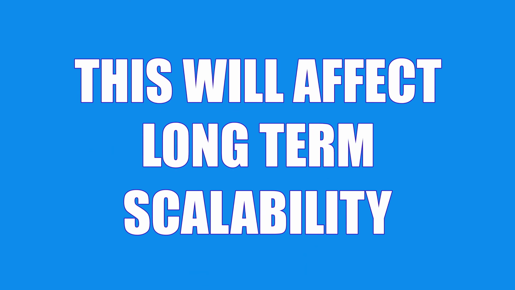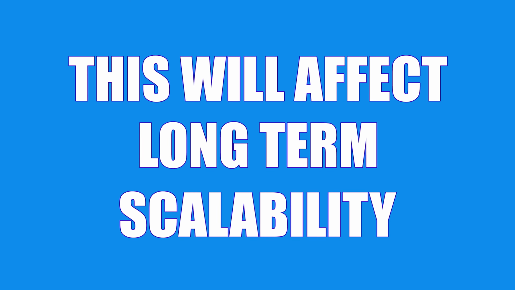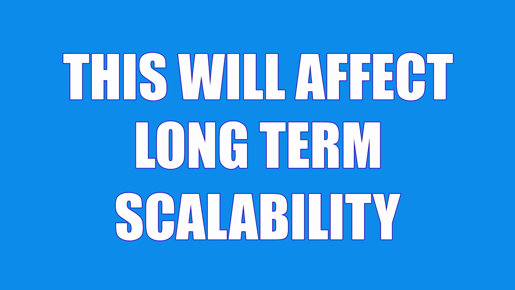I do this because it's going to affect your long-term scalability for this application, right? If the answer is to throw more resources at it, you may very well be putting yourself on a path where it costs more to run this application than you're generating in revenue from your customers. So that's where you've got to turn this around and make it more efficient, which is what leads us to